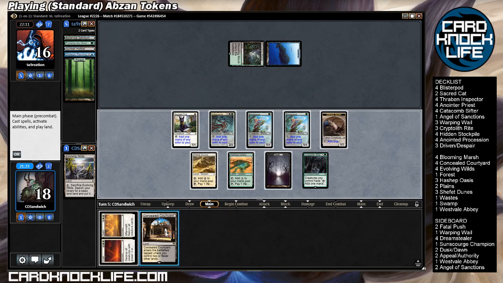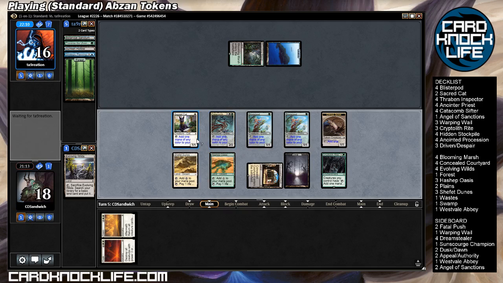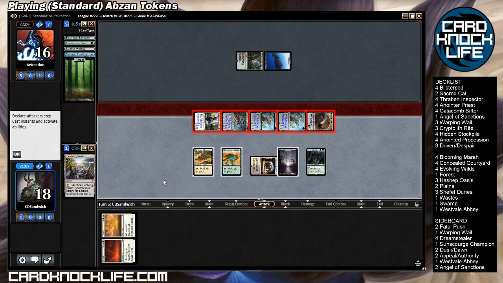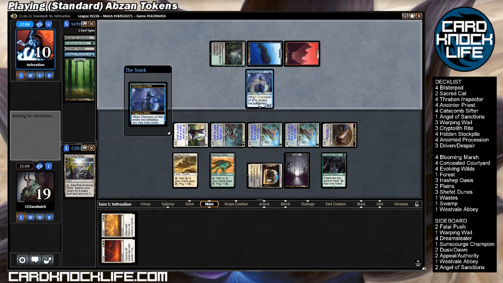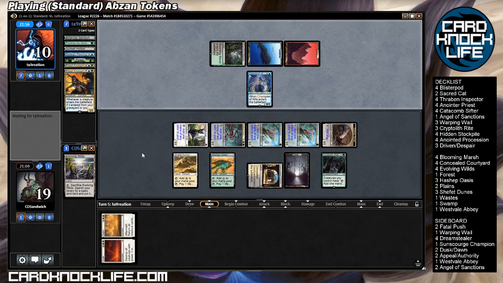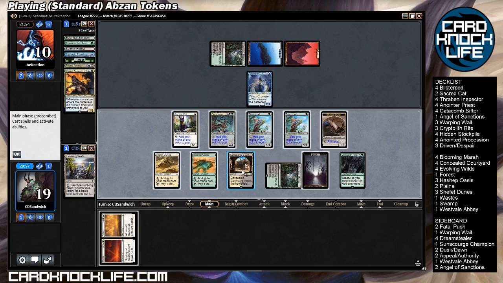Alright, Concealed Courtyard. Two, three, 1, 2. The mana is not ideal. Oh, he's got red? Oh, Champion of Wits. Interesting. Champion of Wits is a pretty sweet card. Well, there are the prized amalgams. Blooming Marsh. Okay, so let's do...